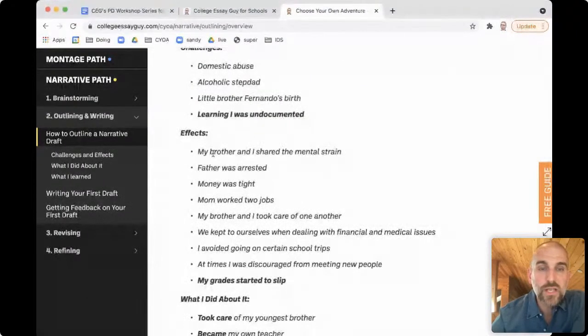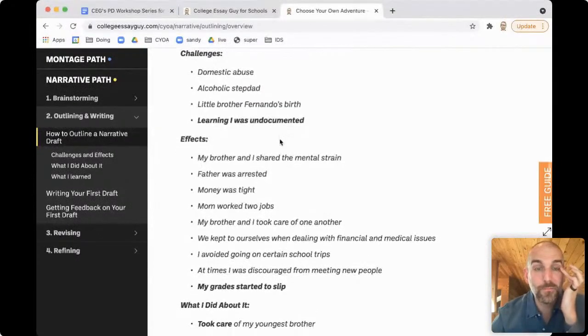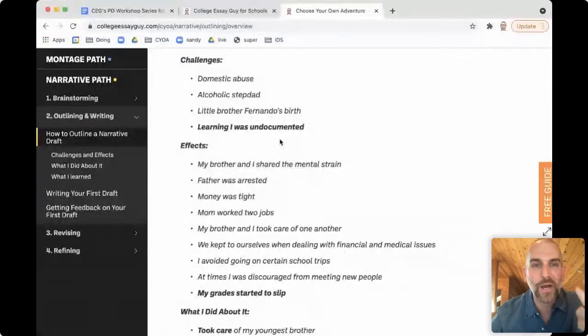The effects, which is to say, and by the way, there's no reason why these should be bolded. I think that was just a quirk of the way that it was pasted. Stevie, would you mind actually unbolding these? Not right now, but sometime, maybe tomorrow or the day after, because people are gonna be like, why are these